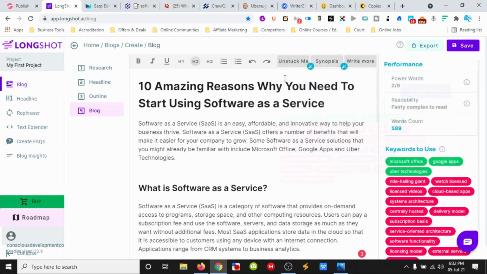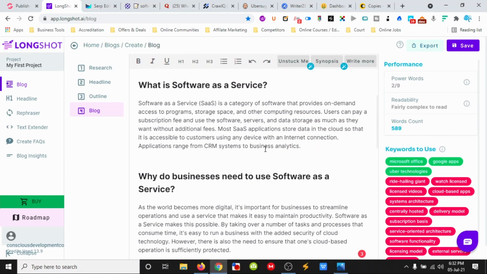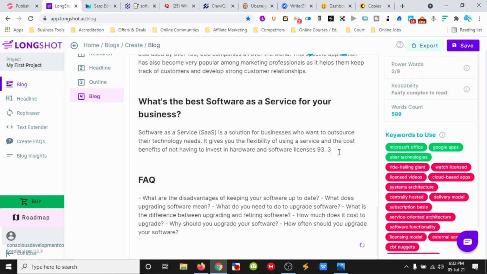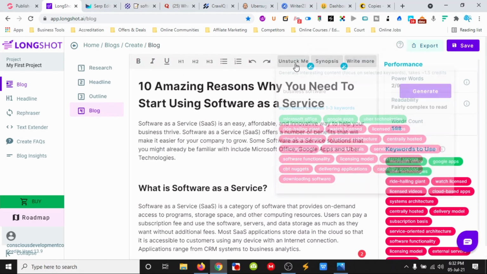So up here in it, we've got these cool little tools, Unstuck Me. So we can put in our keyword and it can generate other interests. So say that we wanted to do business software. Oh, let's see how this is going to play out. Oh, so we're going to go back up. So we need